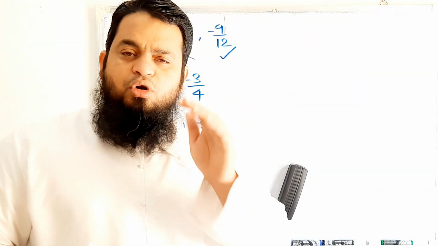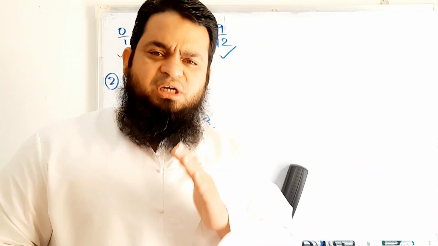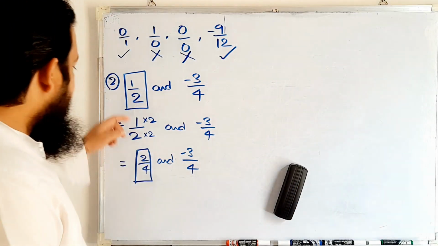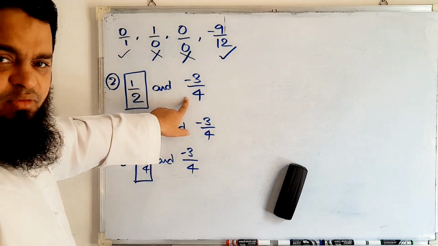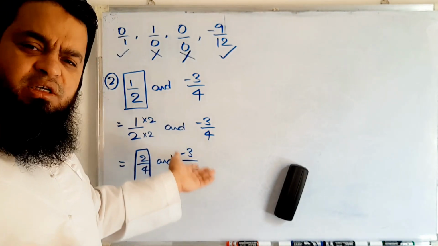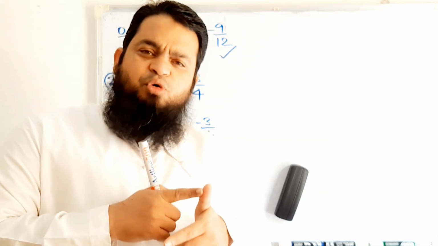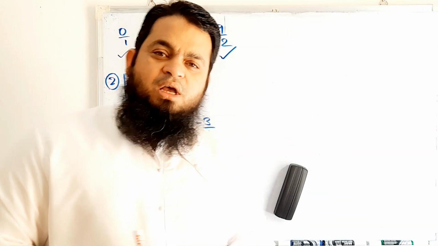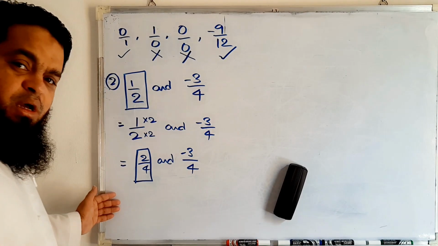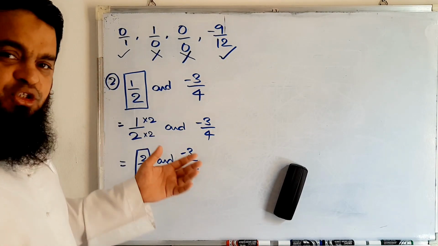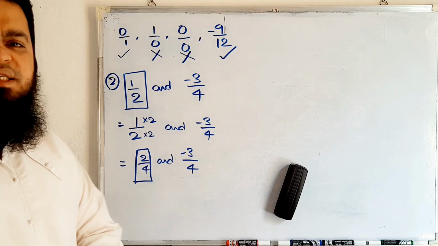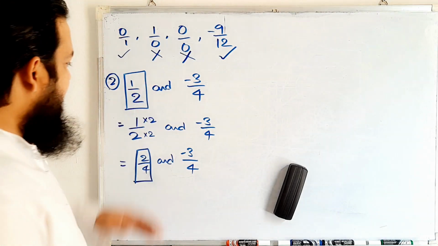But before going to compare anything, before changing the denominators, let us see what rational numbers are given. See, it's 1 by 2 and it's minus 3 by 4. This is positive and this is negative. No need to do anything extra to go for the same denominator. Which one is greater? Is it positive or negative? Positive is greater. So therefore you can directly answer this question. Okay. So I just wanted to show you the method as well as the shortcut. It is not a shortcut, you can see it and tell the answer. Okay. A positive number is greater than a negative number. Therefore 1 by 2 is greater.